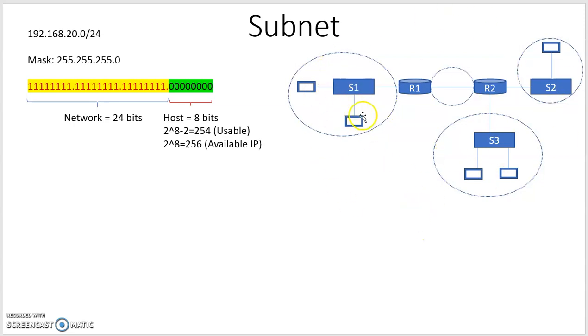So if we have to form subnets, how do we form them? This is the given primary IP address, and we know the corresponding mask, how many bits belong to the network, and how many bits belong to the host. So in the next part, we will do the actual subnetting on how